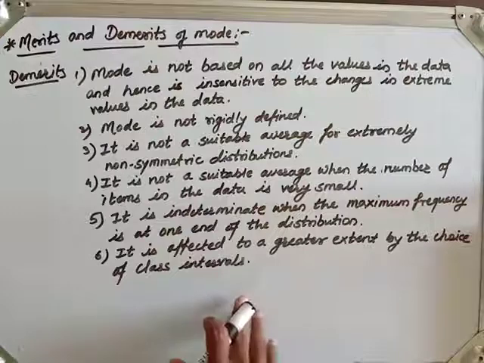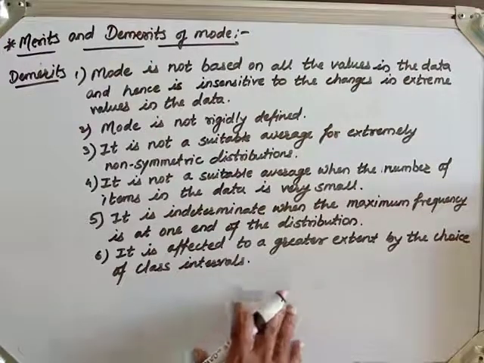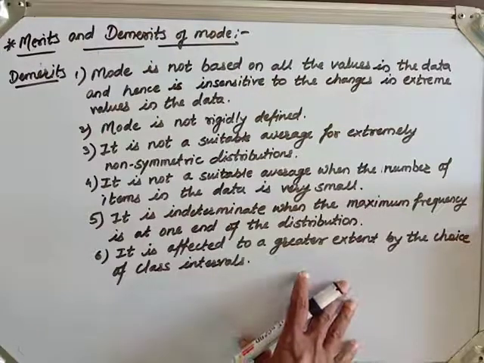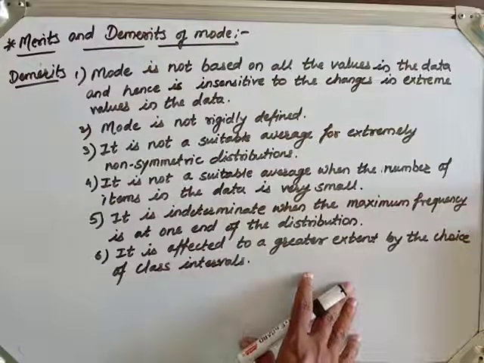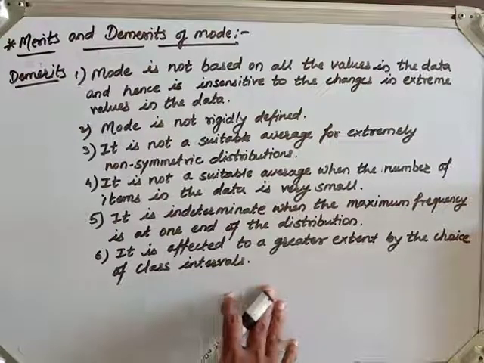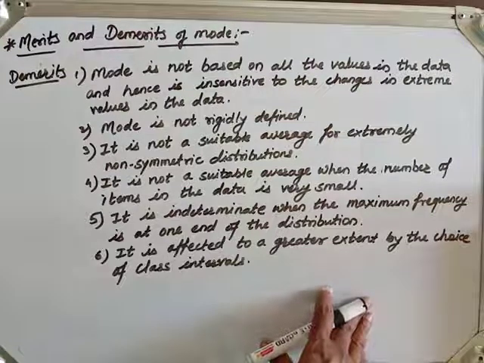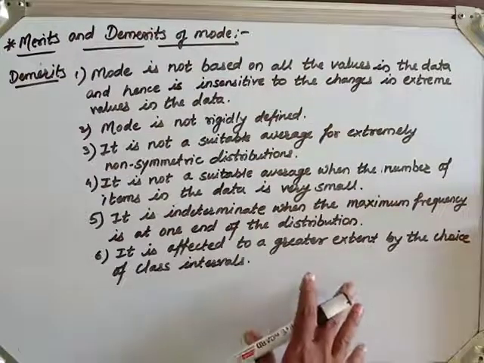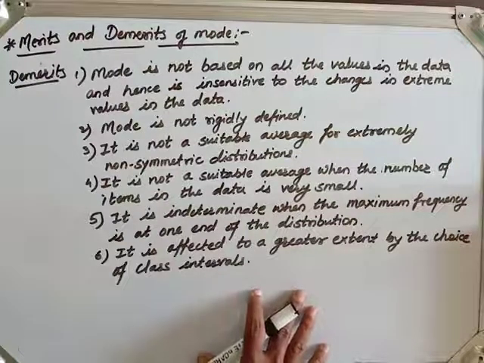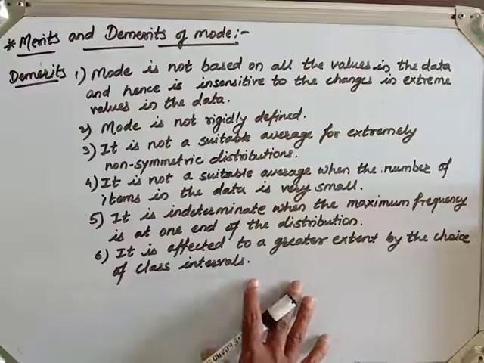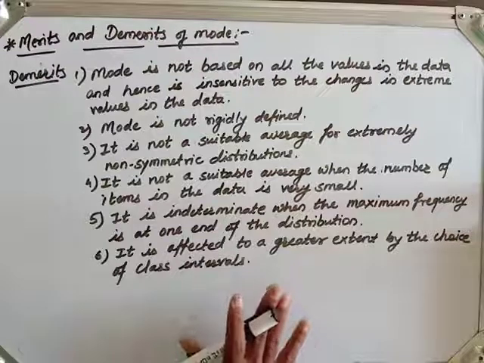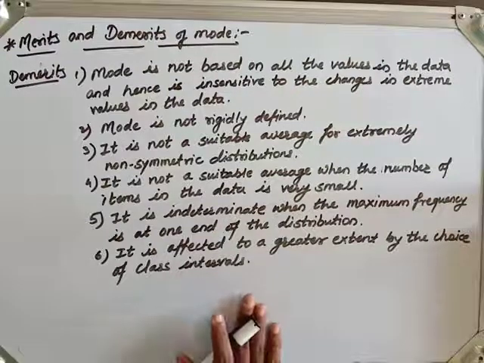Now what do partition values mean? A frequency distribution can be divided into various parts, equal number of parts we can say. So if it is divided into 4 parts, it is known as quartiles. If it is divided into 10 parts, it is known as deciles, and if it is divided into 100 parts, it is known as percentiles. So out of them, whenever the frequency is divided into 4 equal parts, that is quartile. So in our syllabus we have to see only quartile. I will repeat this thing again.